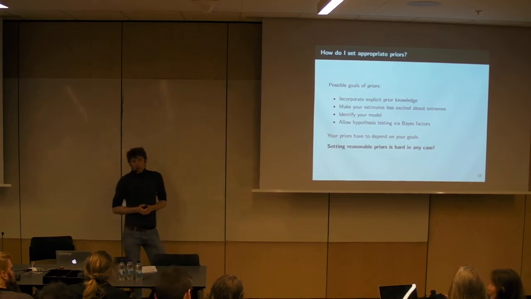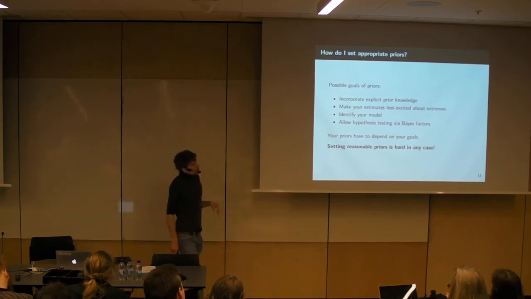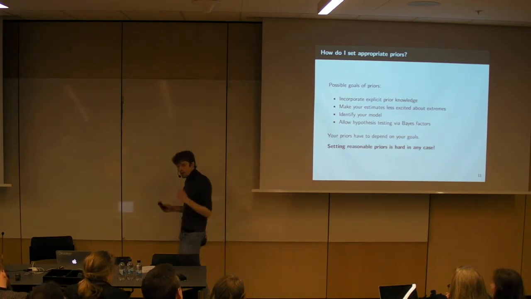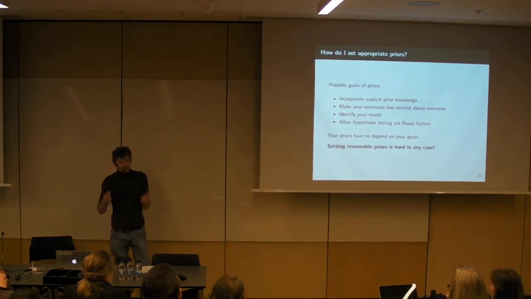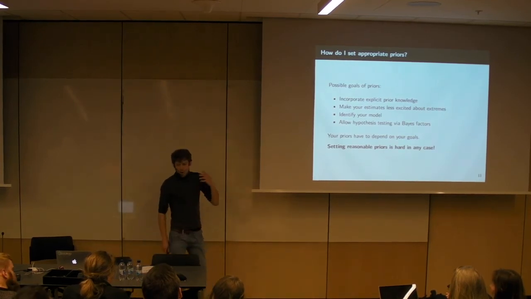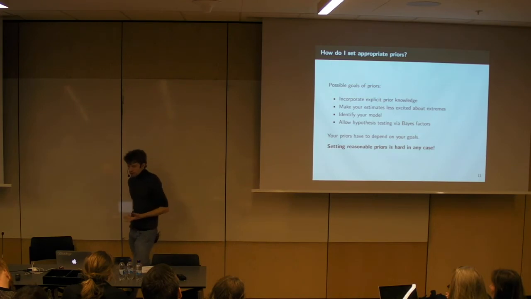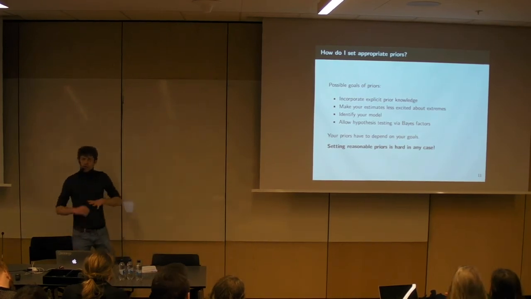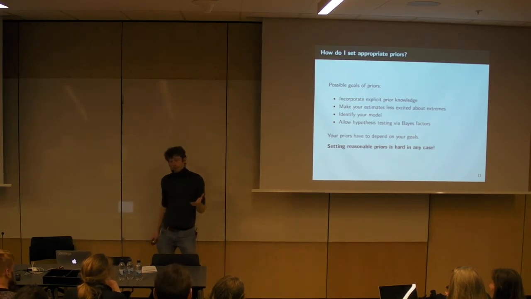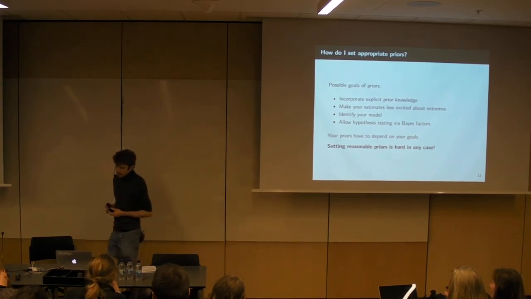so we can really estimate it with the help of the prior. And then there's a third goal: when we want to use Bayes factors for hypothesis testing in a Bayesian framework, we definitely and always have to think about our priors, and our priors should always depend on the goals of those priors. So there's no general prior which we can just throw at a model and it works, but our prior will have to depend on our goal.